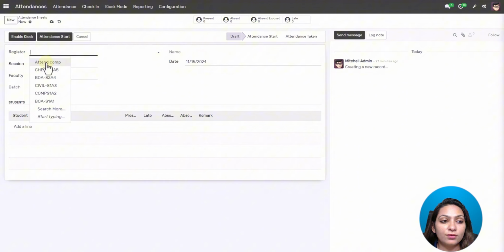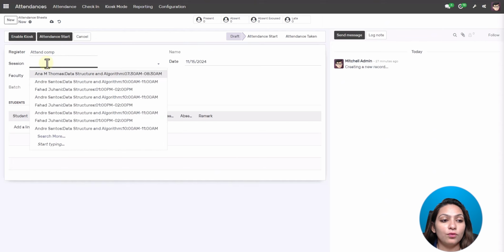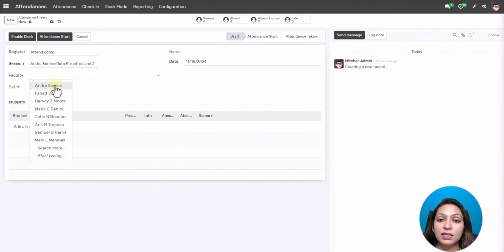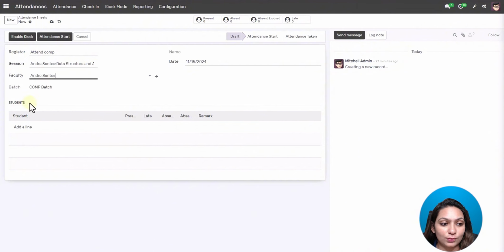I will select the recently created attendance register, for which session, for data structure and algorithm. So for this session, I'm creating this attendance sheet for tracking and taking attendance of students.